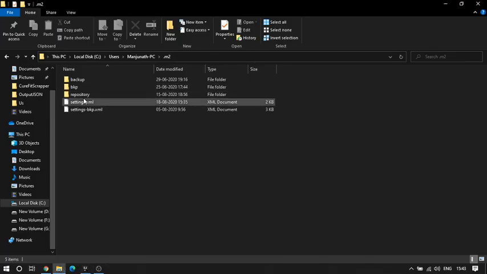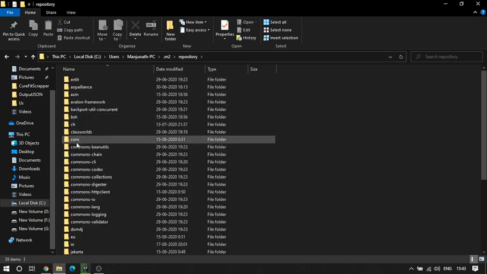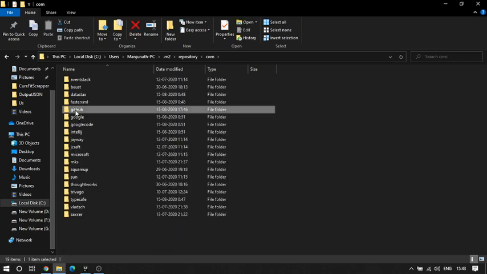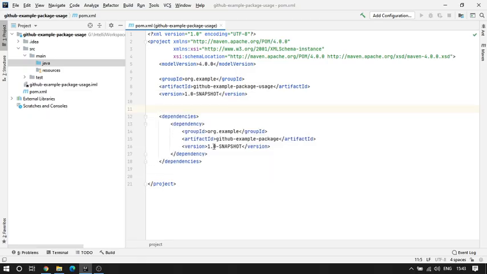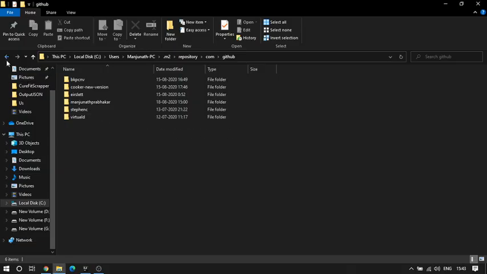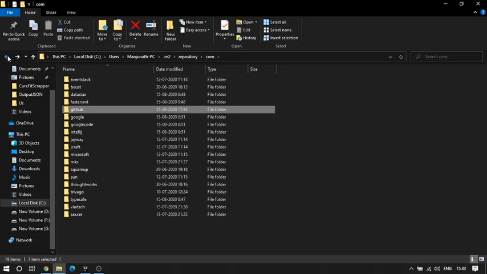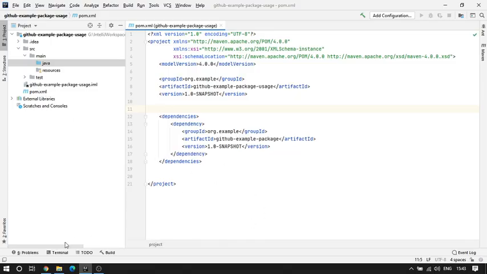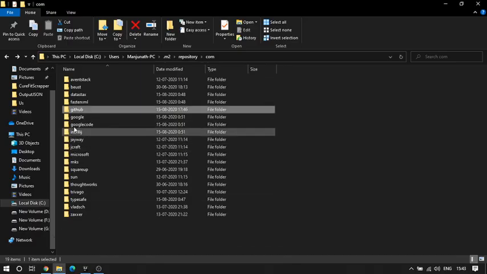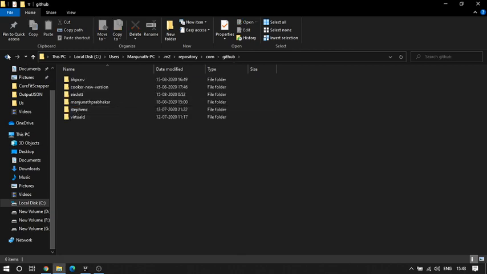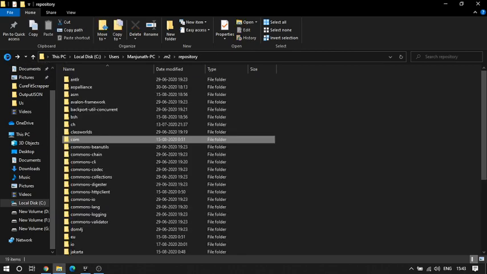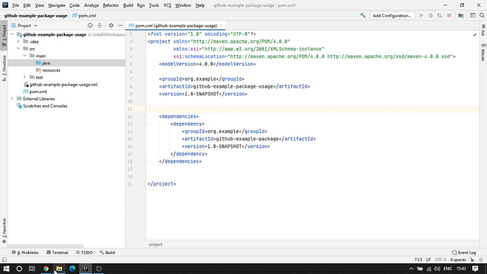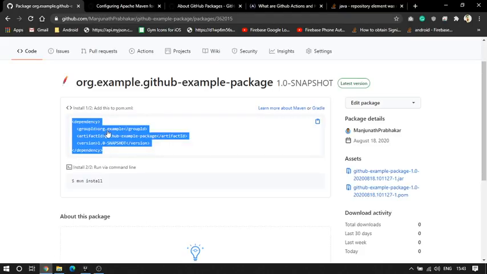Let me go back to the repository com, because this is the name we have given, right? Com.example. Okay, org.example it is. Oh, the dependency has been resolved. Okay, sorry, it is org.example.